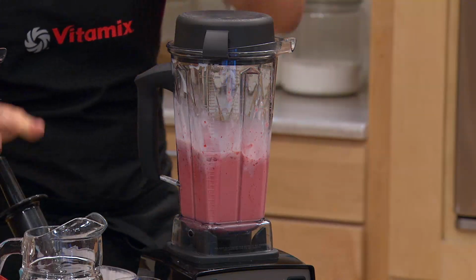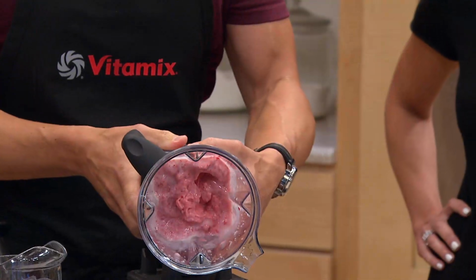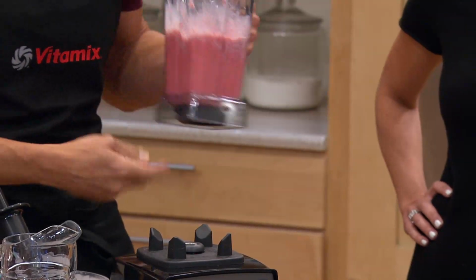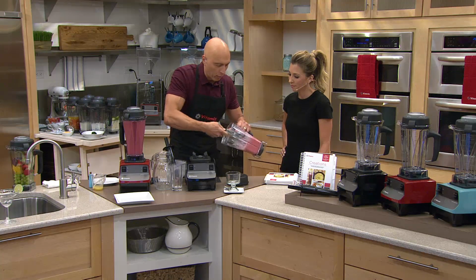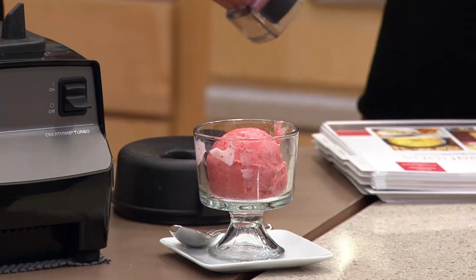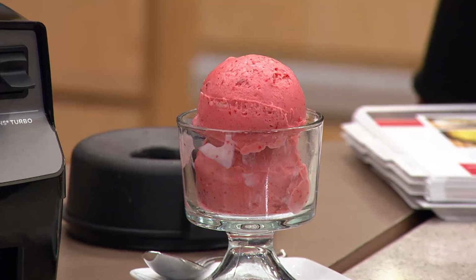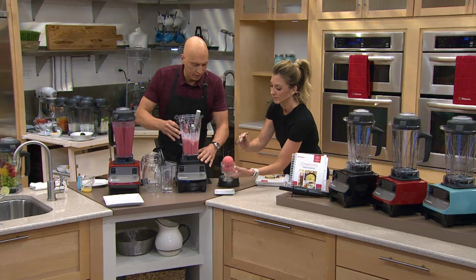Now I want to show you something, okay? Take a look at this. This is frozen solid, so in a matter of 20 seconds, we've just made delicious frozen strawberry yogurt. I want you to take a look at this. And I want you to taste this. I was going to say, I'm going to do more than take a look, Rick. You just mentioned it before. You talked about what does it taste like and what's the texture like. I want to ask you what you think of that because...